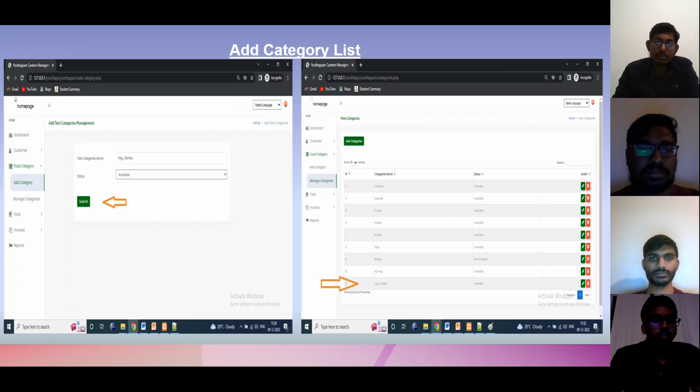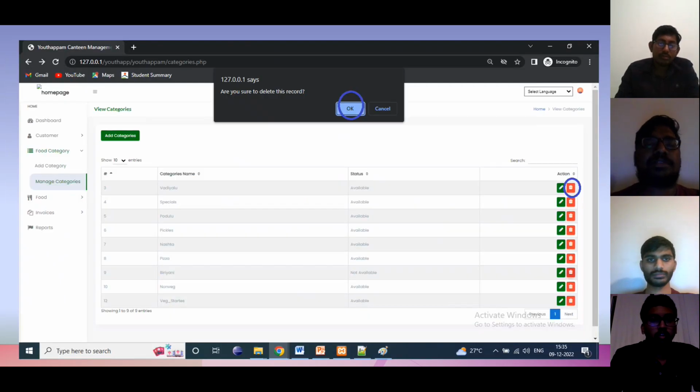And coming to the next, we're going to make a category list, where we add any item that we need, and we make an item go into a specific category. As you can see in the side screen, we're also going to edit the categories list, the items that we have put in it. We can modify it, change the name, and delete it. And coming to the next,